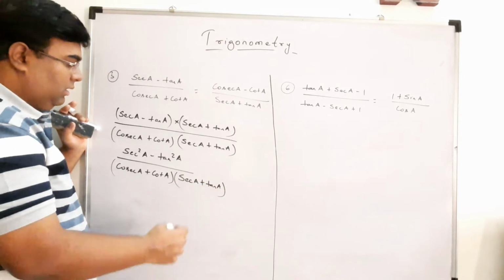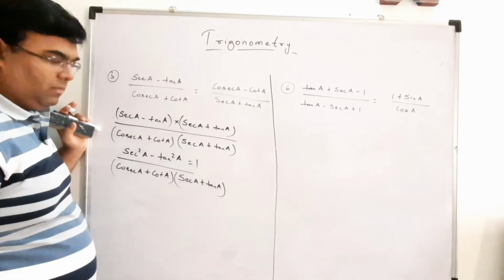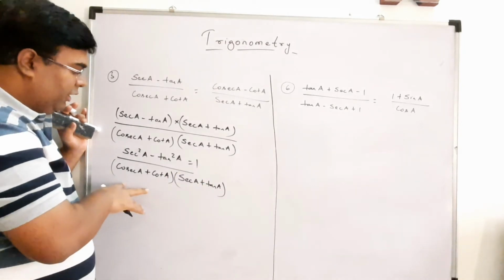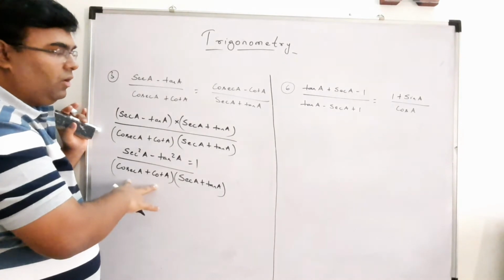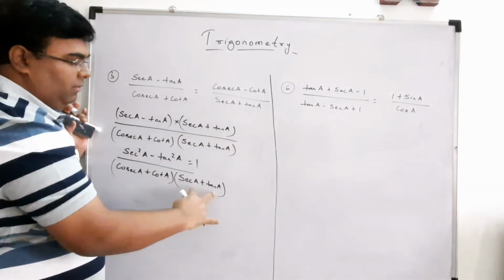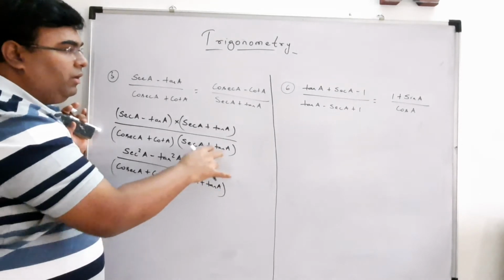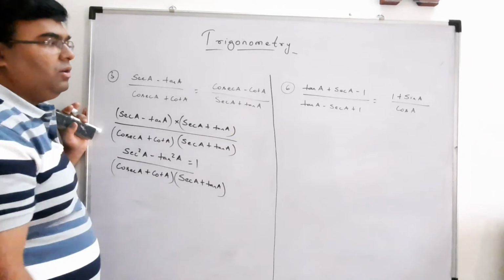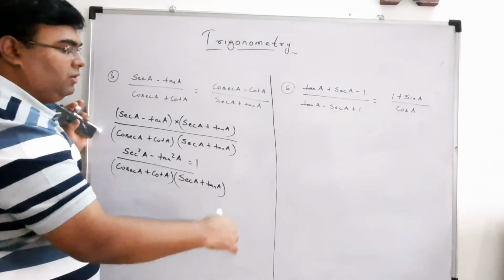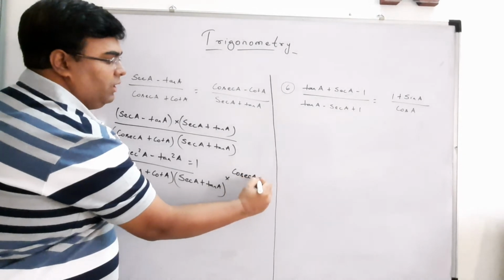Correct? This will become 1, right? Now we have in the denominator cosec A plus cot A. We have got our denominator here, sec A plus tan A, but there is an extra term, cosec A plus cot A. Plus, in the numerator also we need to bring cosec A minus cot A. So if we multiply cosec A minus cot A,